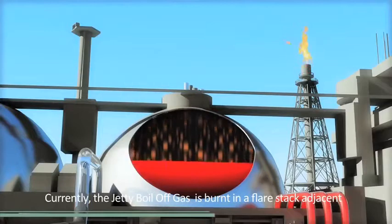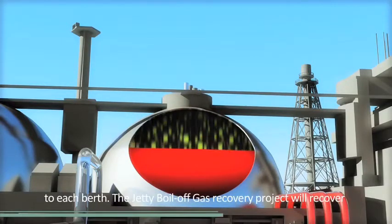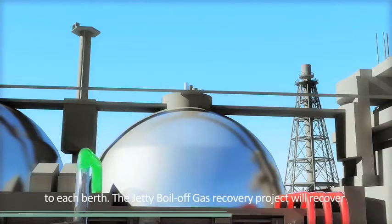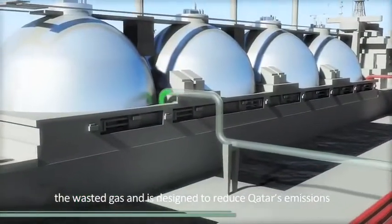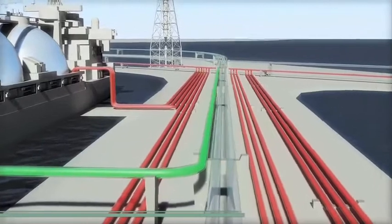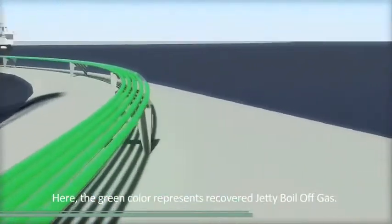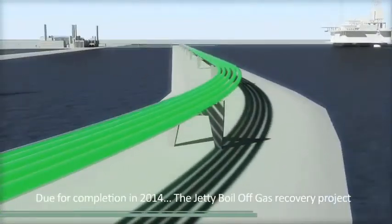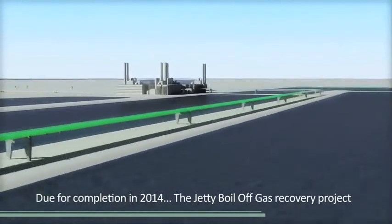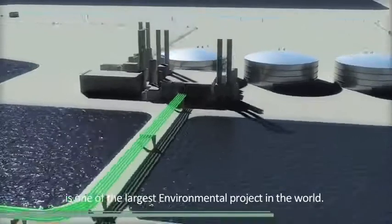Currently, the Jetty boil-off gas is burnt in a flare stack adjacent to each berth. The Jetty boil-off gas recovery project will recover the wasted gas and is designed to reduce Qatar's emissions. Here, the green color represents recovered Jetty boil-off gas. Due for completion in 2014, the Jetty boil-off gas recovery project is one of the largest environmental projects in the